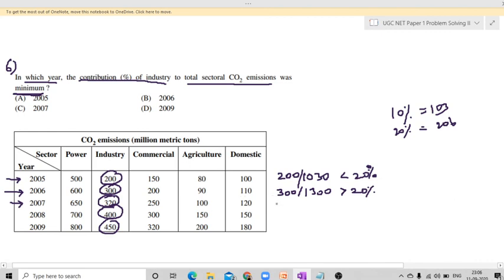Let's move on to the next year, 2007. We have the value 320 out of, here again we'll calculate the total. So the total will be 650 plus 250, which will be exactly 900, plus 100 is 1000. So 1000 plus the other two values, 440, so 1440. Let's again evaluate 20 percentage. 10 percentage is 144, so 20% has to be 288. Again it is greater than 20 percentage. Yes, fine. Let's go for the next year, 2008.